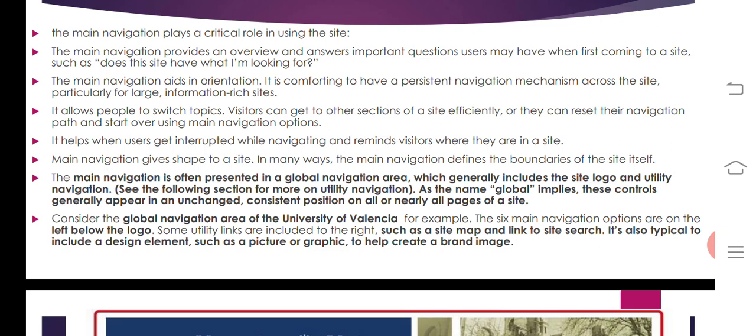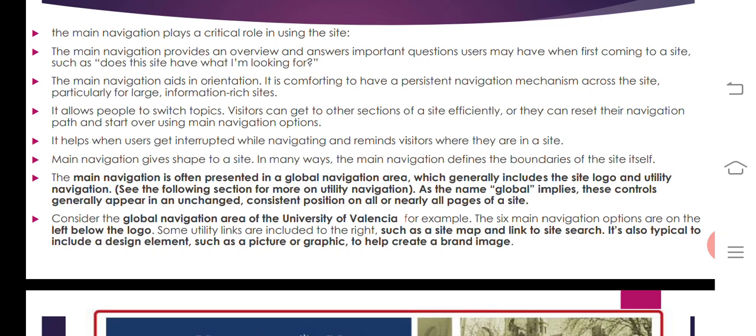So the main navigation aids in attention and has persistence, and users can reset their navigation path and start over using the main navigation.